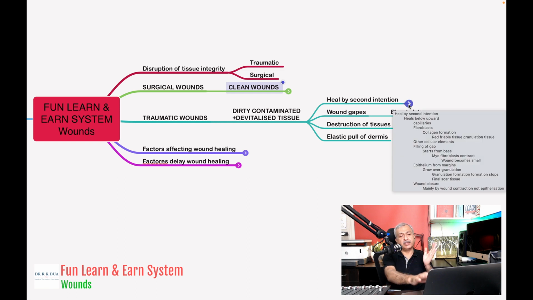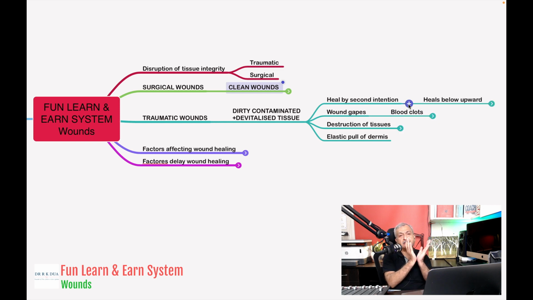So what is the meaning of healing by second intention? This is the cavity that remains. This cavity contains a lot of dead tissue and infected material. Along with that, there is quite a large space. So when we find that this kind of wound is there, and we have a clear-cut idea that if we close this wound, it becomes infected and ultimately we have to reopen it,